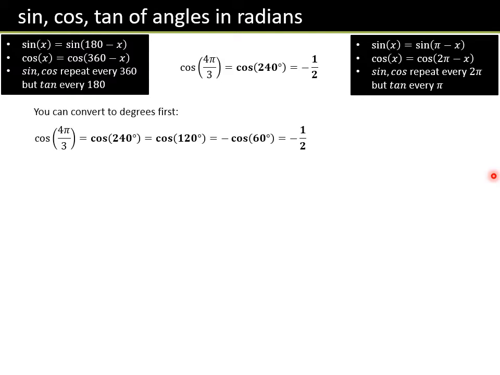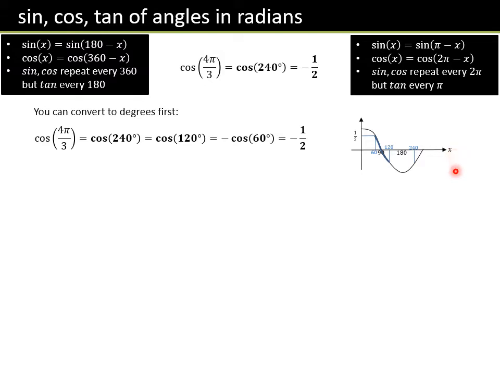Okay, if you're asked to evaluate something like cos of 4 pi over 3, you can convert it to degrees first and then do as you would have done in the past, find equivalent values. Cos 240 is the same as cos 120. That's the same as minus cos 60, which is -1/2. And we've reduced it down to a trig value, an exact value that we know. Now, to recap, if you're not confident on that,